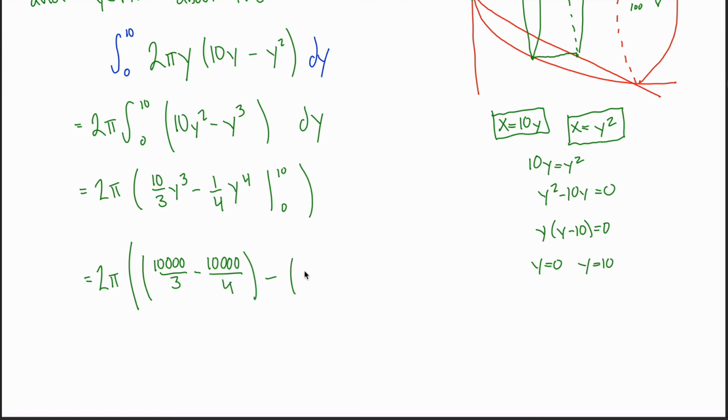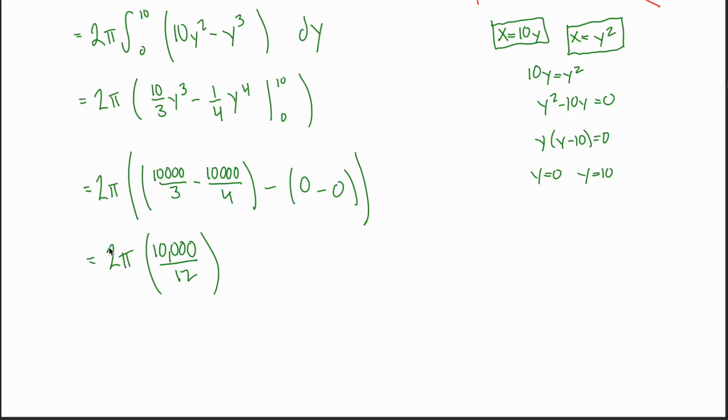And then you don't have to, but I always find myself doing it anyways. I don't do this when I do this on my own, but to illustrate for students, if you plugged in zeros, you'd get a 0 minus 0, so I wrote that over here. This subtraction works out pretty nicely. Let's see, this is 40,000 twelfths, and this is 30,000 twelfths. So 40,000 minus 30,000 would give me 10,000 twelfths,